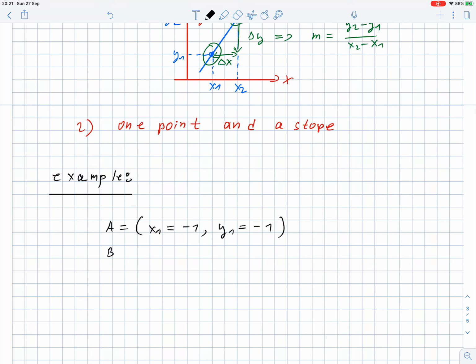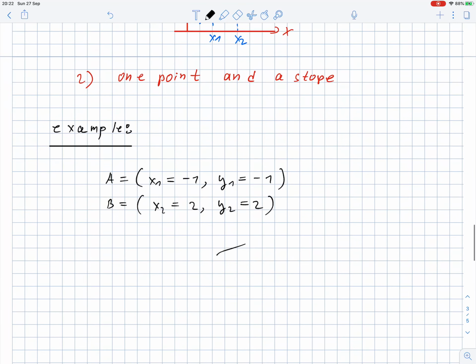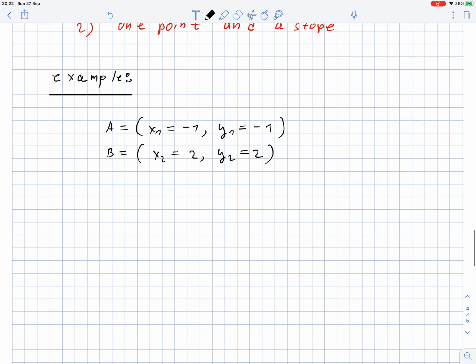Also the second coordinate, we call it b: x2 equals 2 and y2 equals 2 also. Now, because we have 2 points, of course I can calculate the slope m, which is given by delta y divided by delta x, which is y2 minus y1 divided by x2 minus x1,